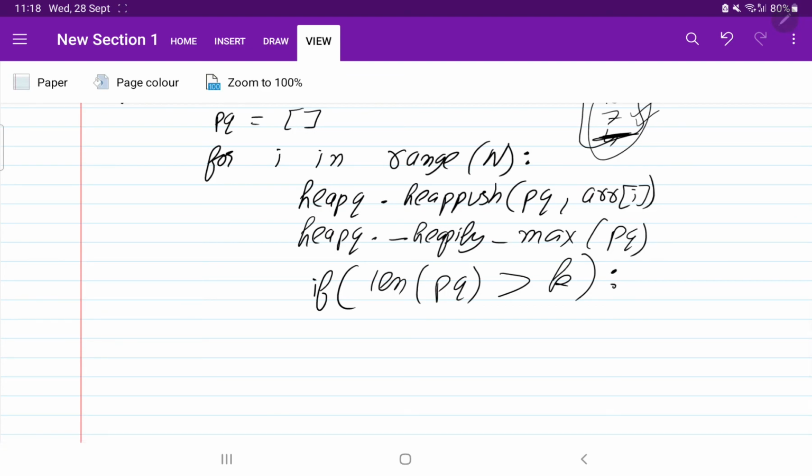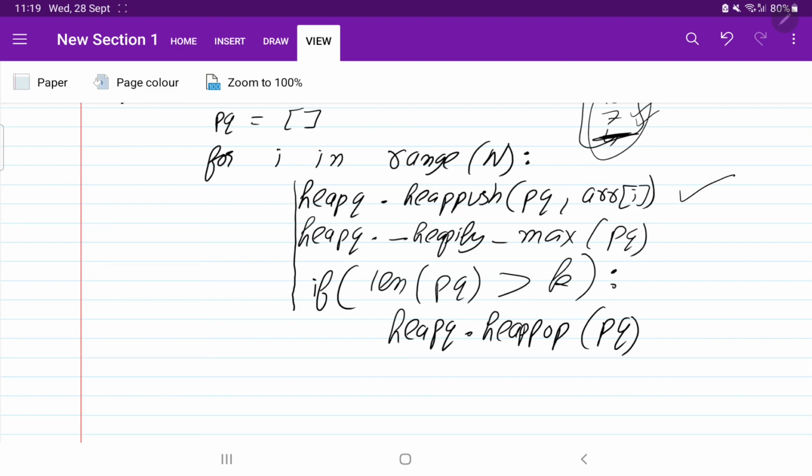So what is the command for the pop? We are going to use heapq, and in this we have the command for the pop, that is heappop and pq. Perfect. This will pop the element. So this loop will go on. In Python we don't have to write flower brackets; in Python these lines are indentation.